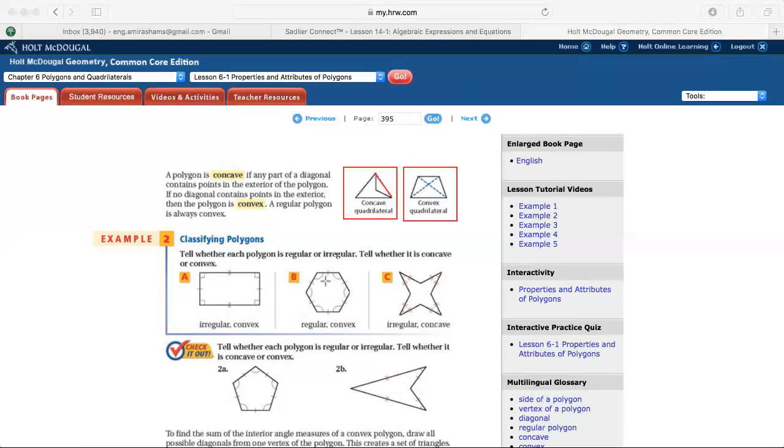This one, as you see here, all the angles are equal. You see here, the signs of the angles are all equal, and this dash, dash, dash, dash, dash here means that all the sides here are equal. So it is equilateral and it is equiangular, so it is regular. Is it convex or concave? It is convex. It doesn't have a diagonal outside. This one,